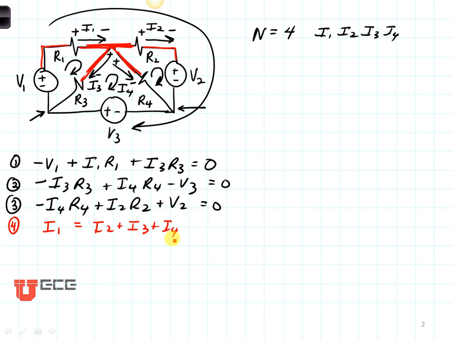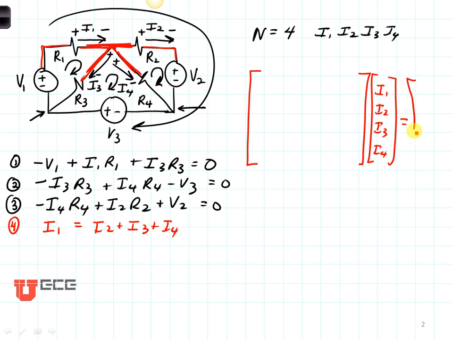Now let's convert these to matrix equations. Because I have 4 equations and 4 unknowns, I'm going to have a 4x4 matrix equation where my unknowns I1, I2, I3, and I4 are in this vector. My matrix is going to be right here, and of course my constants are going to be on the other side. For my convenience, I'm going to also write my unknowns across the top so that I can keep track of which column I'm putting things in, and I'm going to indicate which of the equations make up each of my rows.